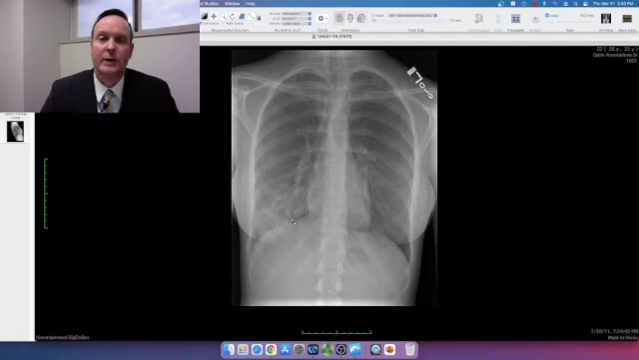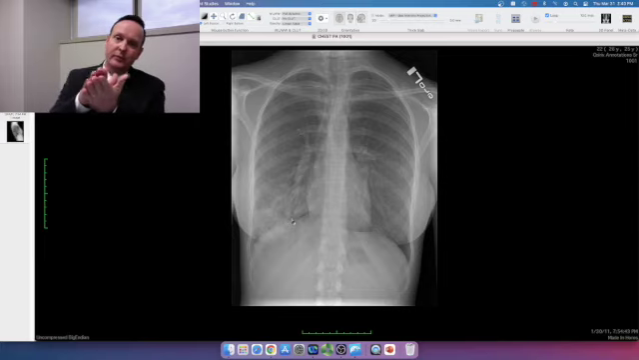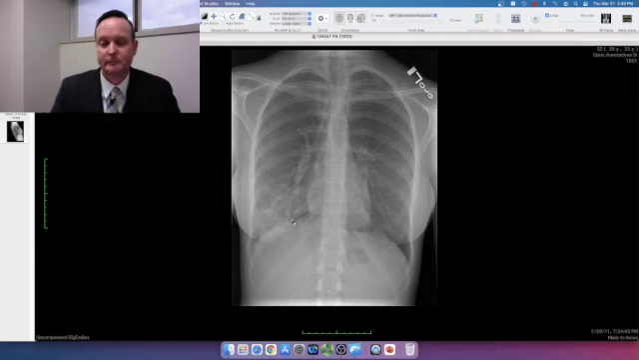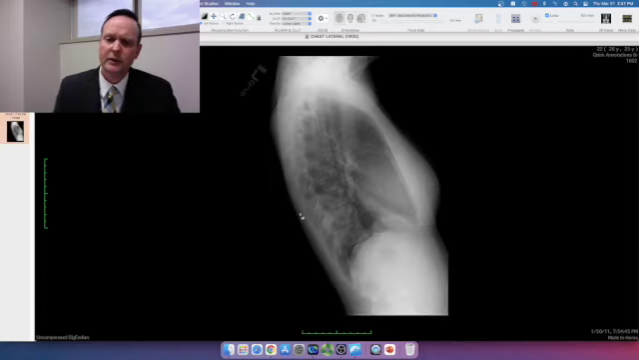This is called the silhouette sign. When two objects of equal density are against each other, you lose the border between them, and that's called the silhouette sign. So I know that part of this opacity is up against the hemidiaphragm at the dome of the diaphragm, and that's a classic location for the right lower lobe. If I look at the lateral exam, I see that consolidation approaching the hemidiaphragm anteriorly, and posteriorly I see an